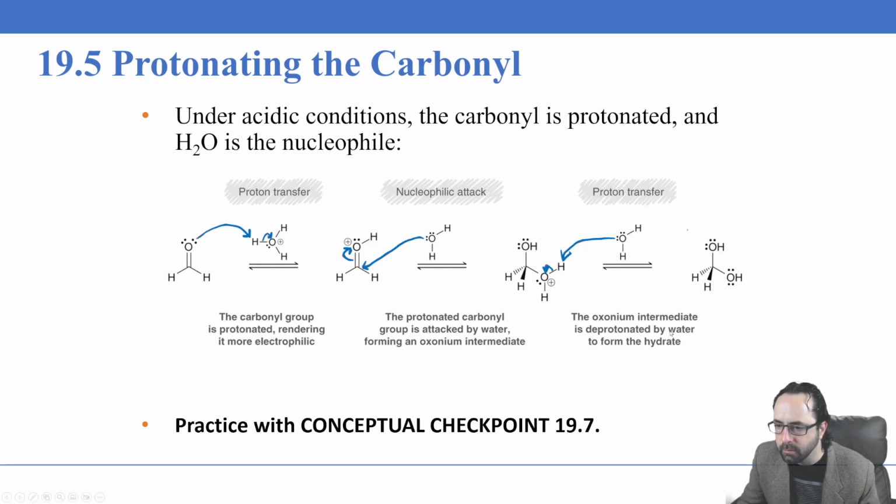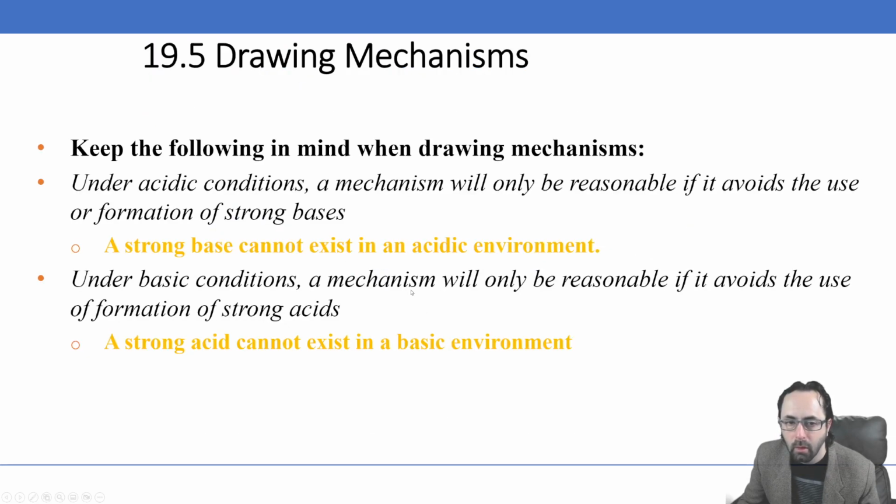And so this is the acidic and basic hydration of the carbonyl to produce a dihydroxyl group here, the geminal dihydroxyl group. So when you're drawing these mechanisms, remember there are a few things that you consider. You should think about what is the condition under which this is occurring. When you're drawing the mechanism, if the reaction is happening under acidic conditions, at no point in the mechanism